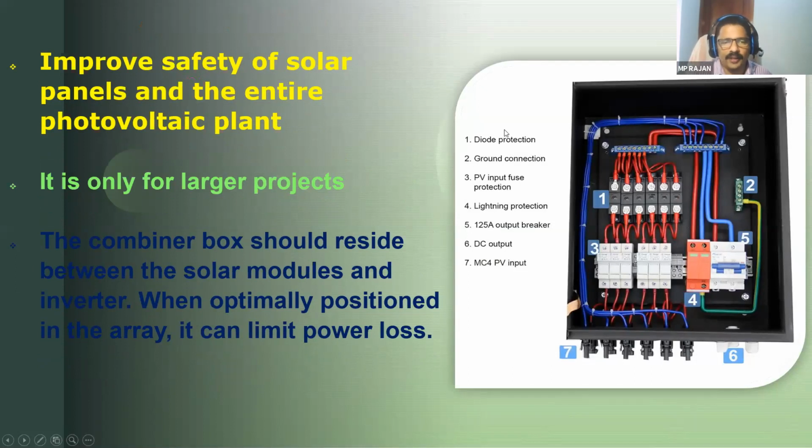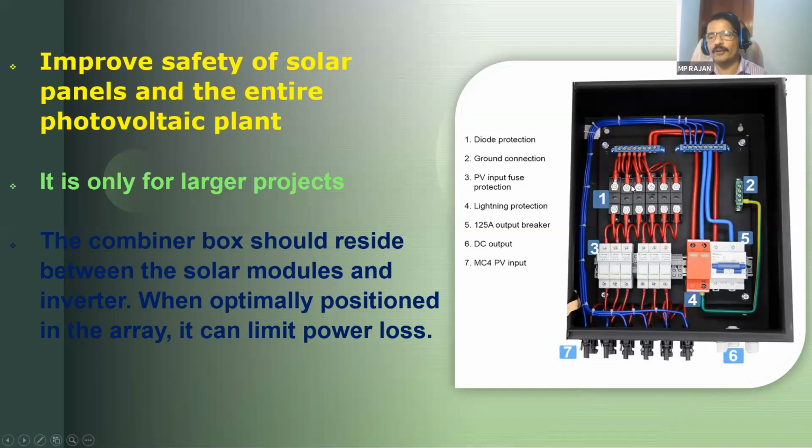The combiner box normally sits between the solar module and the inverter. It should be as close as possible to the solar module to reduce the length of DC wires. The DC wire is normally considered the low voltage side, and AC is the higher voltage side. Low voltage means for a given power, your current will be more. Current being more means IR drop will be more, and I squared R loss also will be more. So it is always better to reduce the DC line. So you connect the AJB as close as possible to the solar module. Okay, that will decide how optimally we can use the solar power.